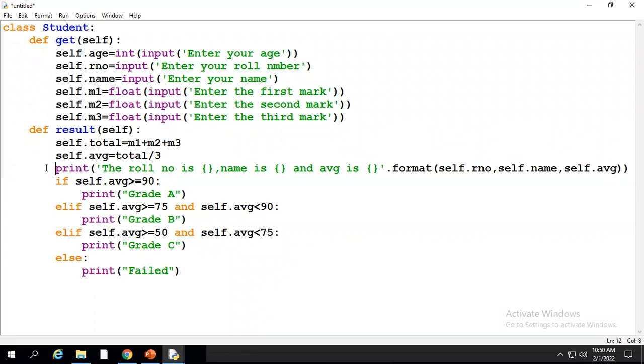Now here, this is a blueprint only we created. Now the next step is what? We can create an object for this class. Now using the object, we are accessing all these properties which we created inside the student class. That means each student wants to use these properties. Okay, so now here,